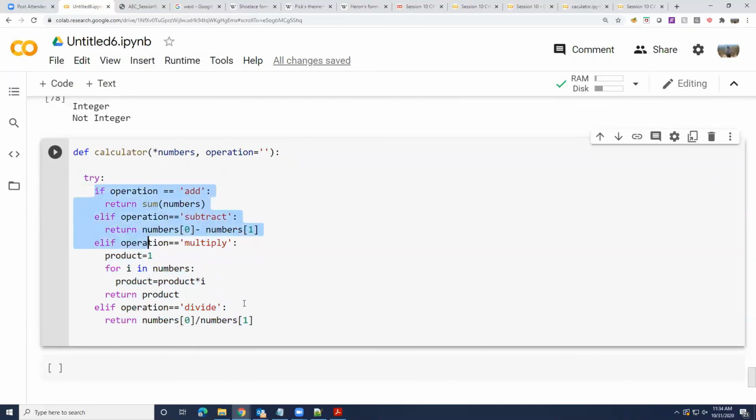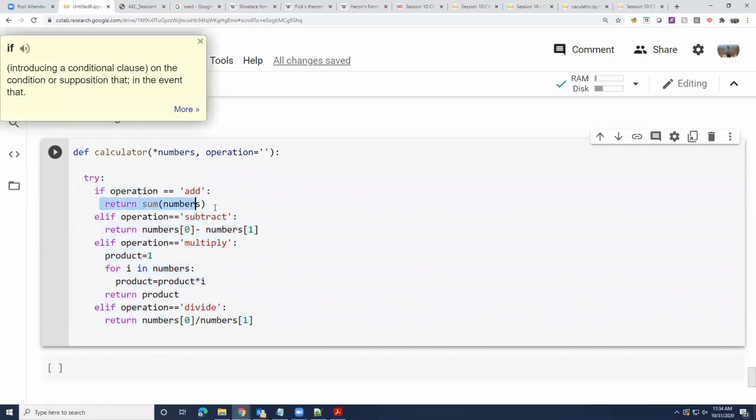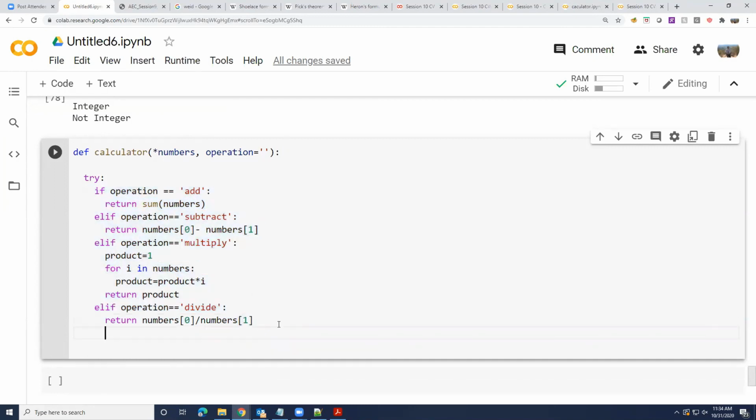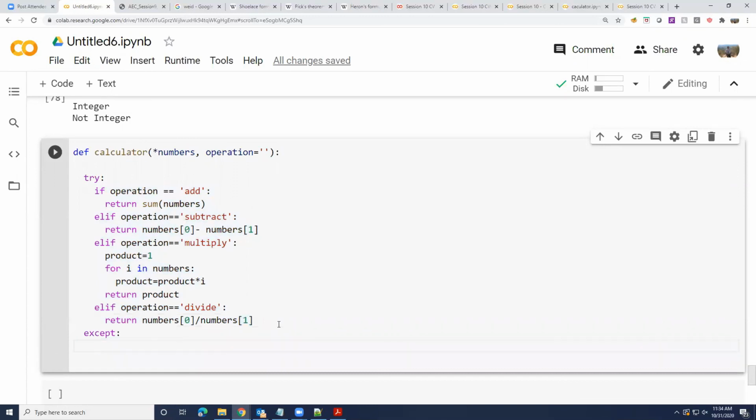It will try to do whatever is within the try block, the same way as if does whatever is in the if block. So if redirects control to this block, it tries to do whatever instructions are in the try block, except if there is a problem. So what do we do? Except we'll first say maybe return there is an error.